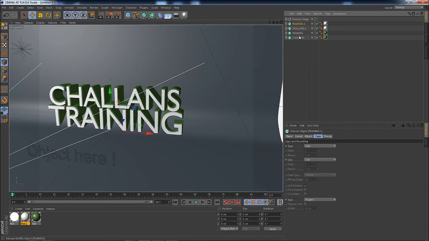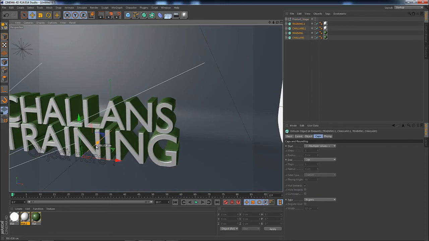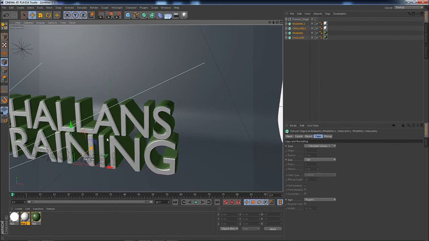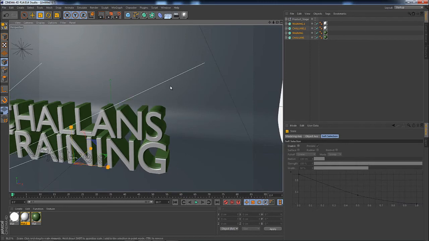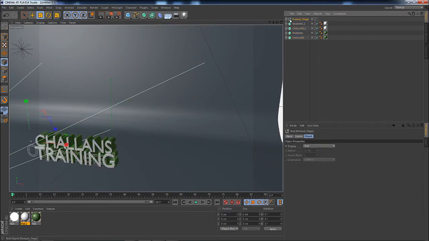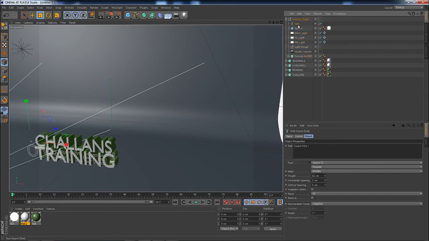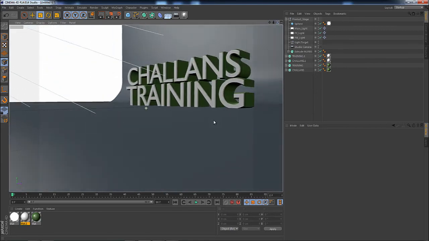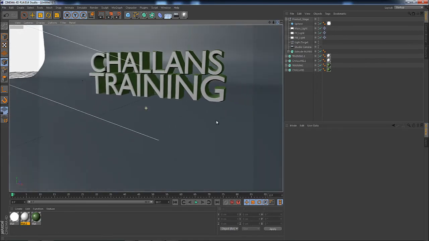So I'm going to select all of my objects and move it forward. You can see we've got a little word here that says object here. So I'm going to move this forward, scale it down. Now I'm going to go into the product stage. Just for my own reference, I'm going to remove the text. Okay, that's pretty good. So now we have our words, and they're sitting pretty much